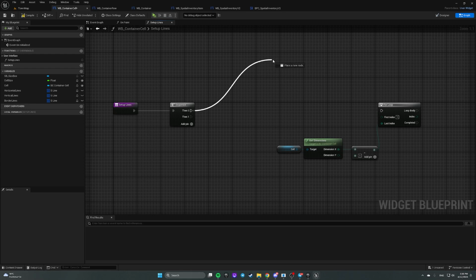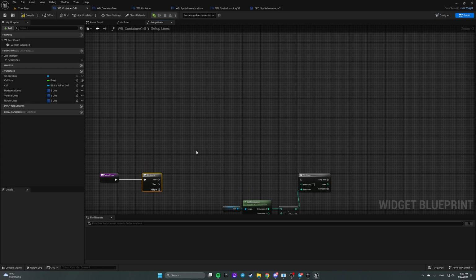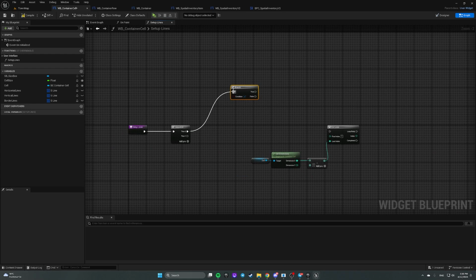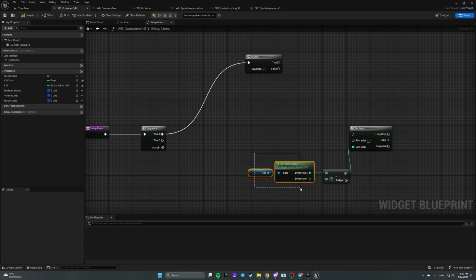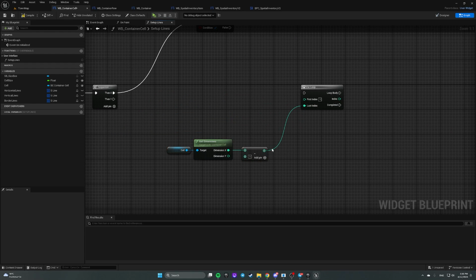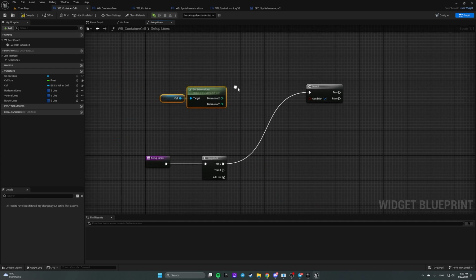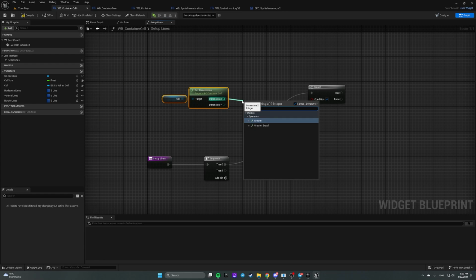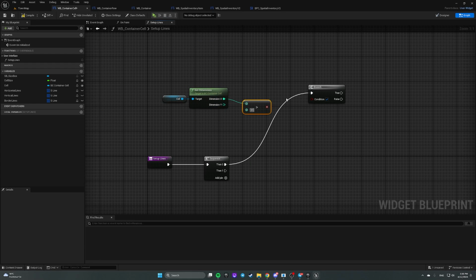So we have added a sequence. Let's add a branch here and check whether cell dimension x is bigger than 1. If it is true,